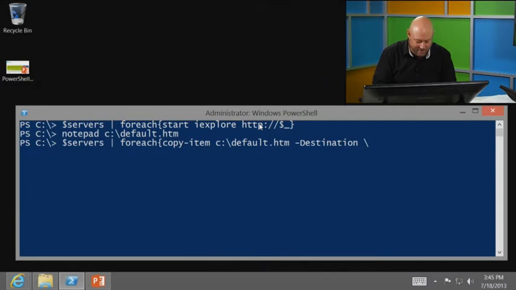So I'm going to say // $_. Remember, that's the current object. That'll be those servers, and I want it to go to their administrative share, and I want it to go to inetpub. This is where the default web page is stored, and